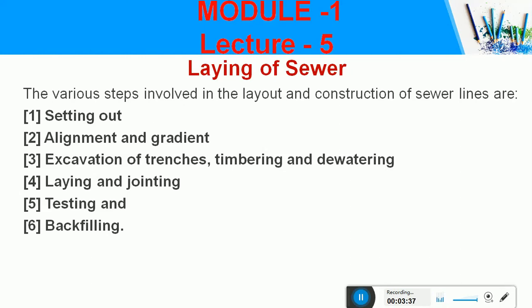Then we have to test the sewer line after laying, immediately before backfilling the soil. We have to test for alignment and for any water leakages, because sometimes due to human errors and faulty construction we may have leakage problems in the sewerage system, which may again cause exfiltration and infiltration issues. To avoid that, we will test for water tightness, test the sewers for any leakages, and also test for alignment and straightness. Then we will do the backfilling. These are the various steps of laying of the sewer.